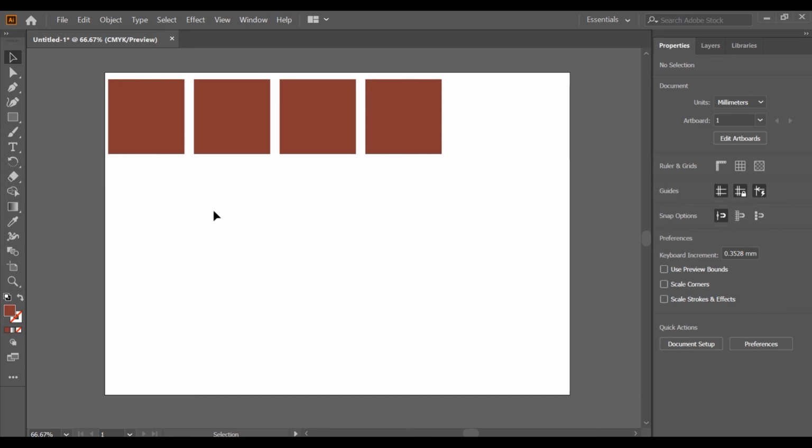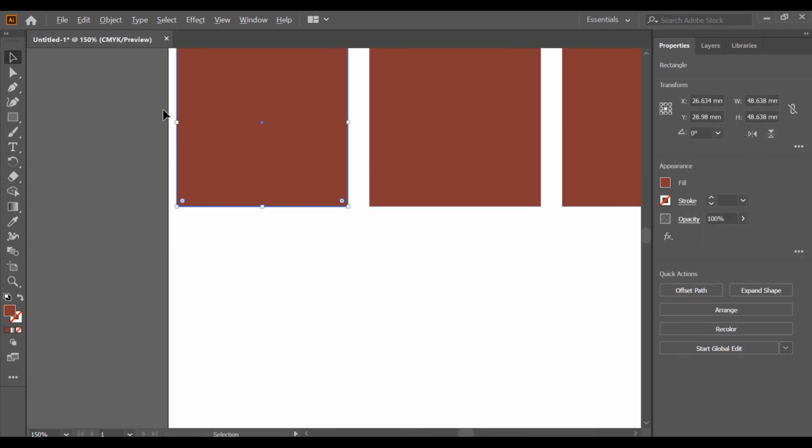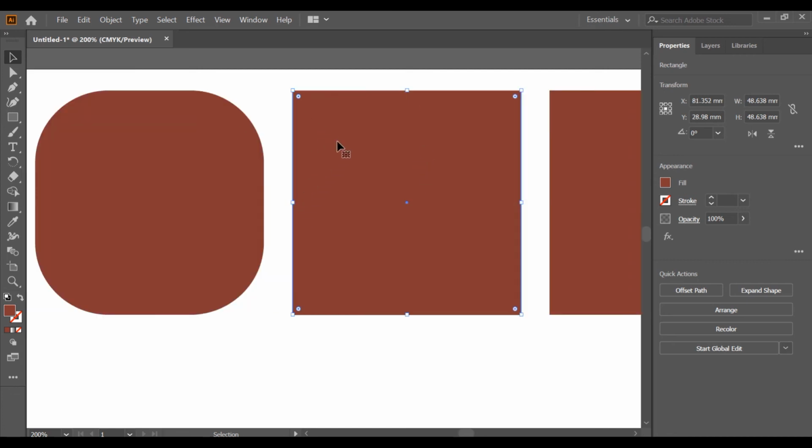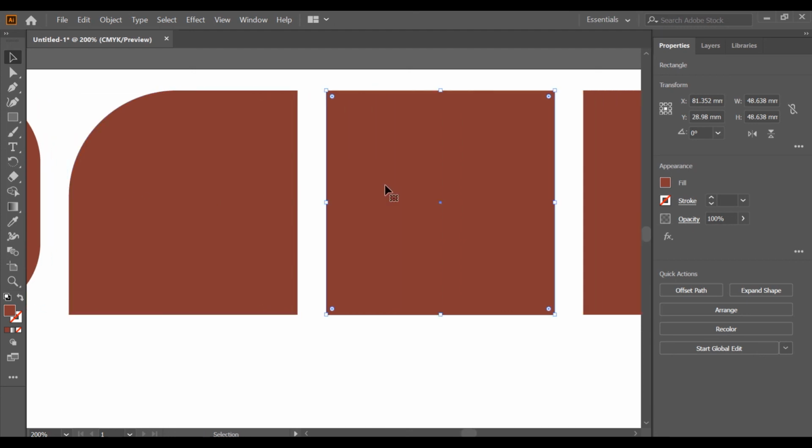Now if you observe carefully, if I select this rectangle and zoom in, there is one dot in each corner of the rectangle, and if I click there and drag along the mouse, you get a curve around the corner of the rectangle. Now in order to make that curve in just one of the corners, you will have to select that dot first and drag it along. Then you get a rounded corner in just one corner,